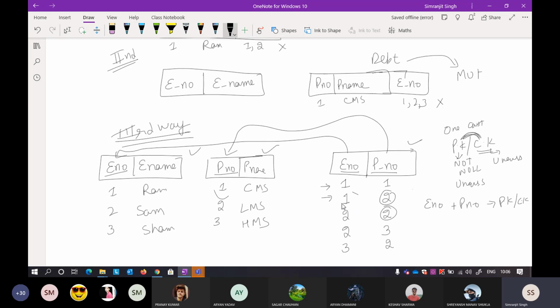It is not coming a second time. So 2 2 is not coming anywhere in the table. 2 3 is not coming anywhere in the table. So keep that in mind that whenever you are combining,